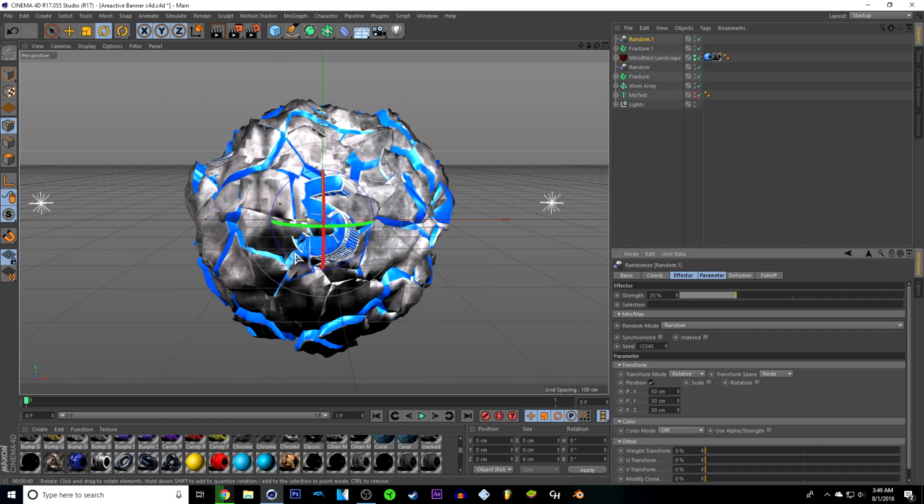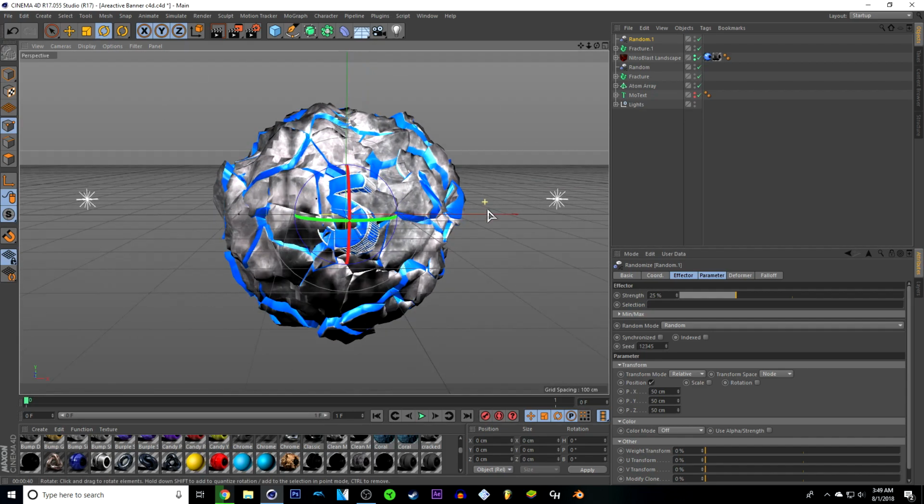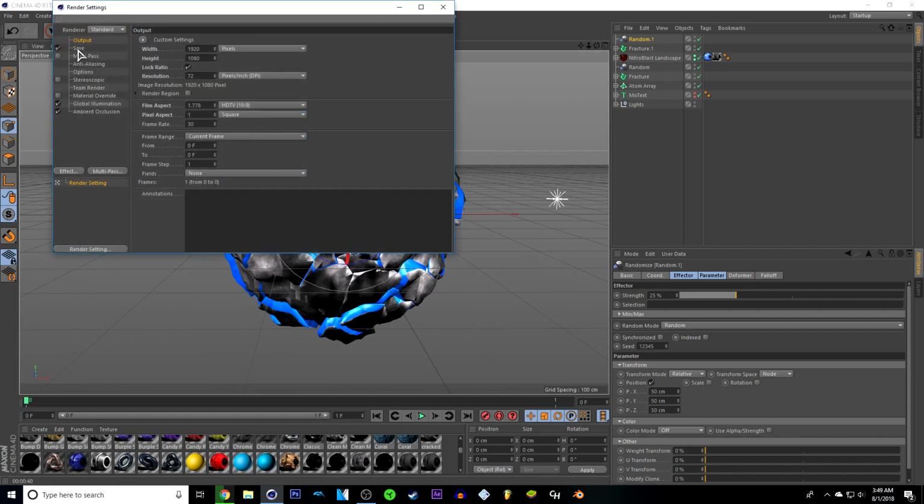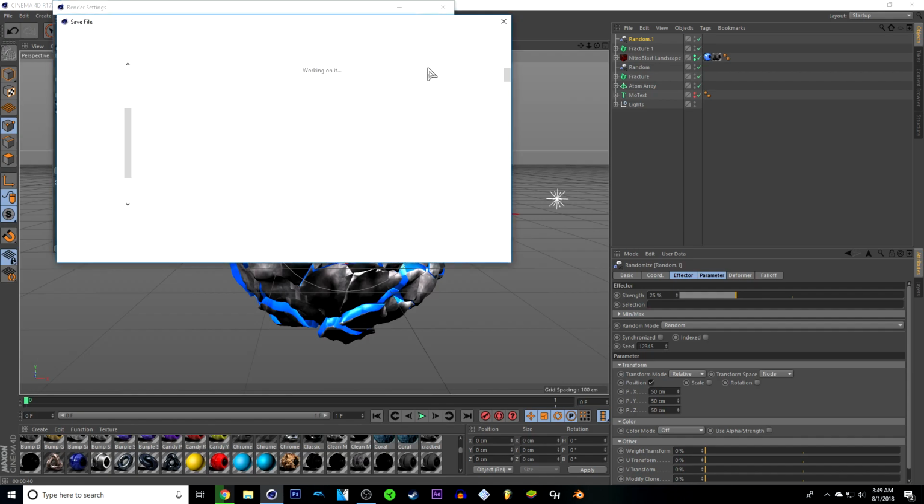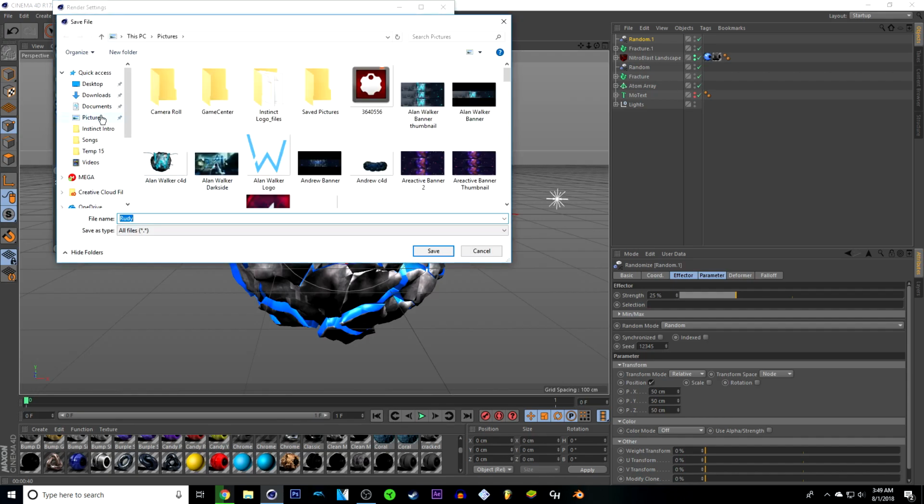So once you are satisfied with everything looks good, you want to go ahead and click this button and click save. Now what you guys want to do is make sure you're saving it to your pictures folder, and you are naming it whatever you want. So I'm just going to write S logo